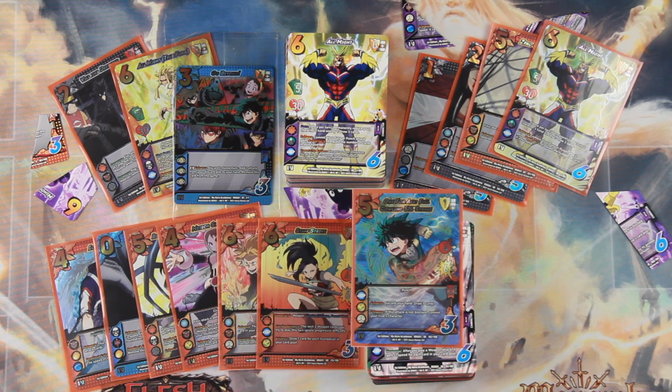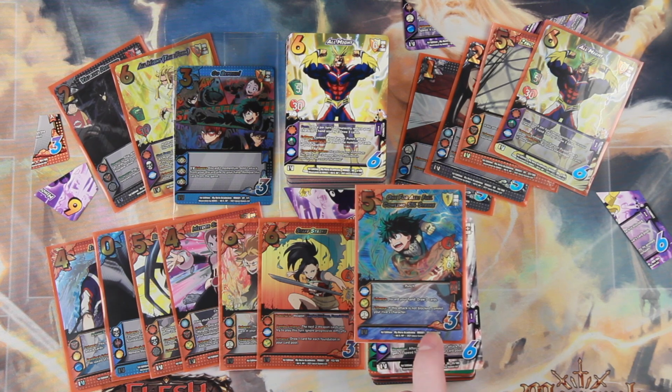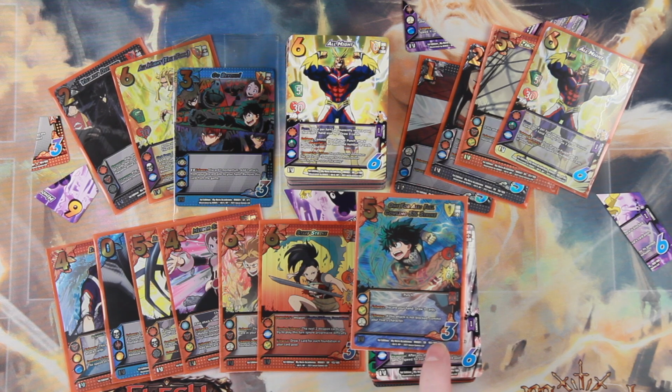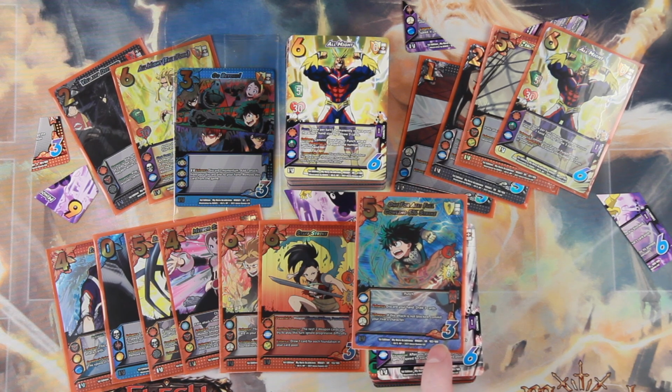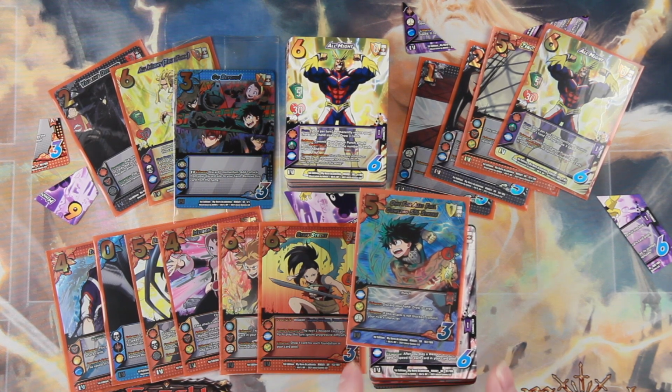So this is the secret rare that I got. One for All, Full Cowling, 5% strike. This is one of the 2 secret rares, and this is a card that is 1 in 3 boxes, and according to my calculation, any rarity that appears less than once per box is what I call super premium rare. These are cards that are supposed to be like chase cards, fun cards,